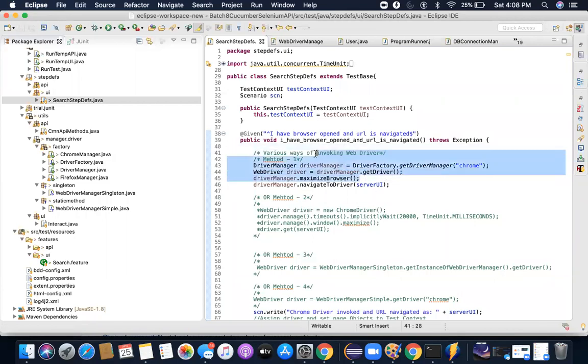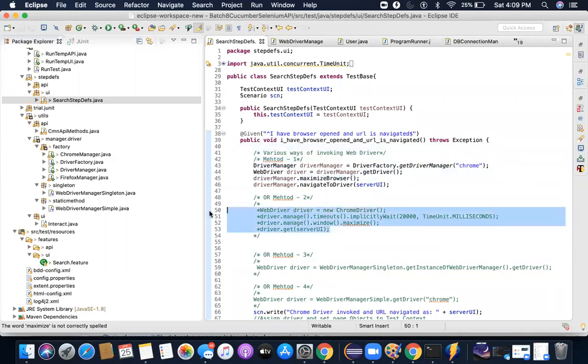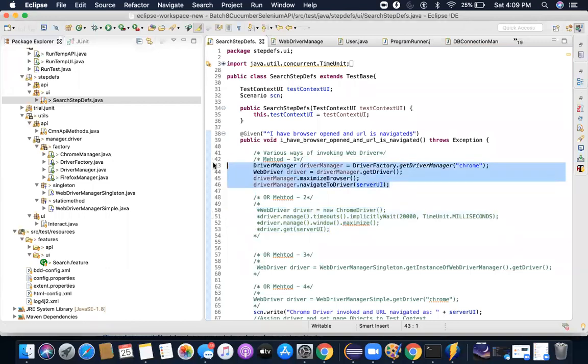If you don't want to use it, you can very well be using this, no problem. But then you will not understand the factory pattern, singleton pattern, or any other pattern. If you want to know them, you need to implement them. And since WebDriver and driver, all these things make sense to you, it becomes easy for you to understand in this context. If you try to implement it somewhere else, it becomes difficult for you, because I just gave an example of pen and red pen and blue pen. Why?